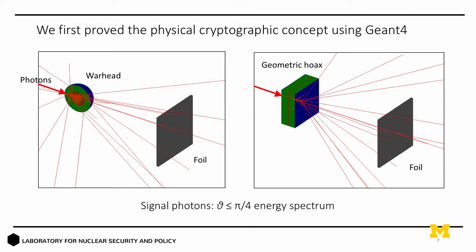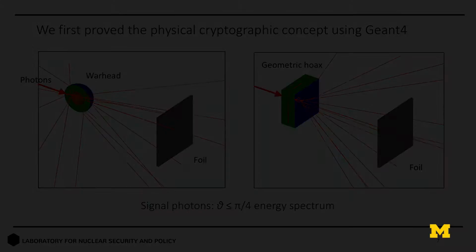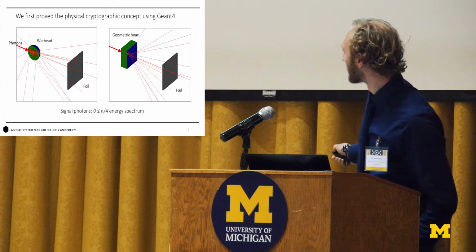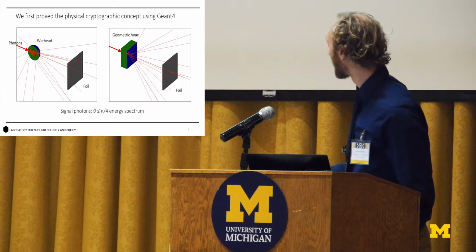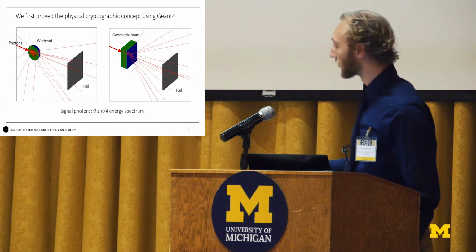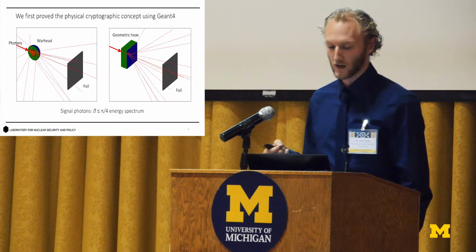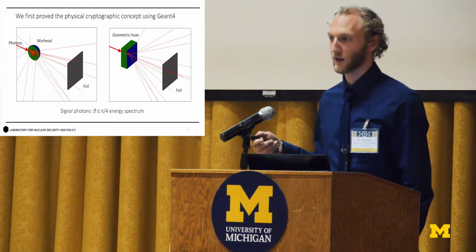So about a few months ago, we first proved this physical cryptographic concept in Geant4. We took a model warhead based on the Black Sea experiment, put it into Geant4, fired a Bremsstrahlung photon beam at it, and traced tens of billions of particle trajectories through the warhead. Some of them went on to induce NRF in the warhead, some of them made it through and induced NRF